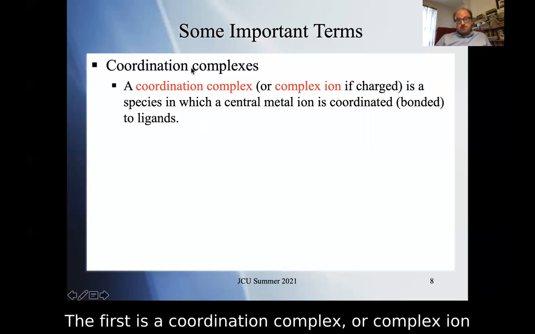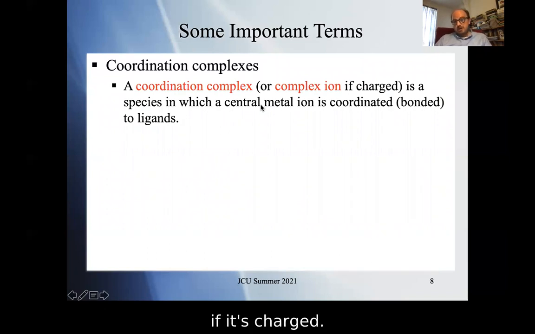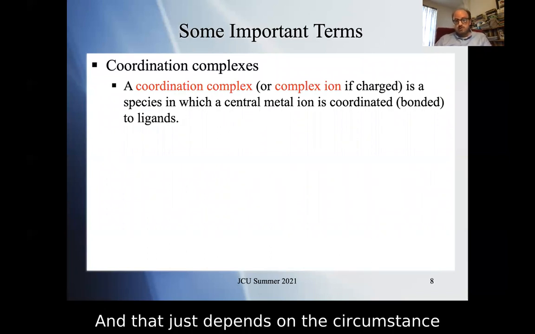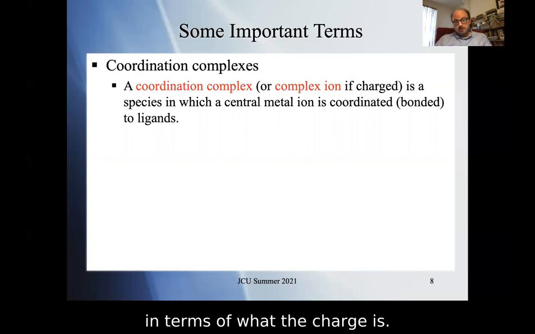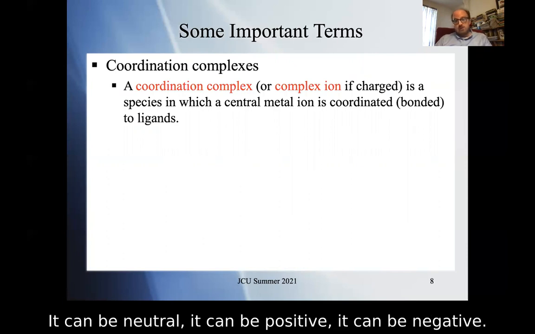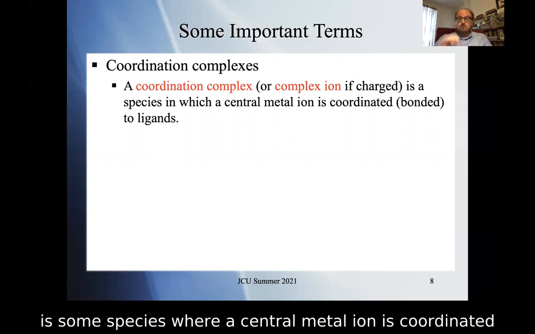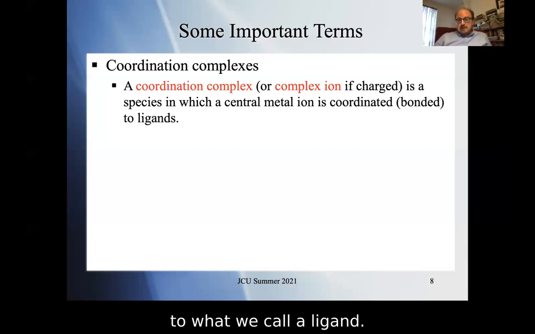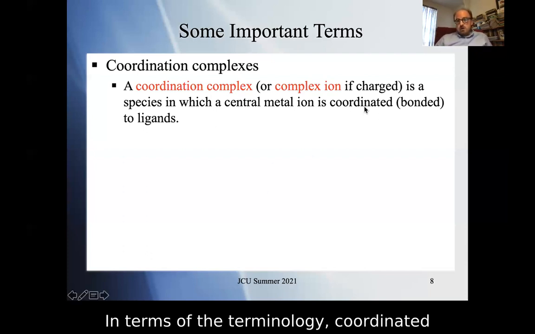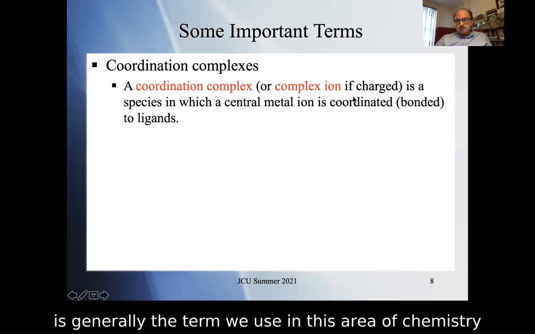All right, so the first is a coordination complex, or complex ion if it's charged. And that just depends on the circumstance in terms of what the charge is. It can be neutral, it can be positive, it can be negative. And in all of those cases, it is some species where a central metal ion is coordinated to what we call a ligand. Now, in terms of the terminology, coordinated is generally the term we use in this area of chemistry to mean bonded,